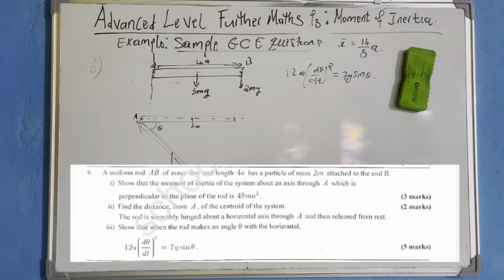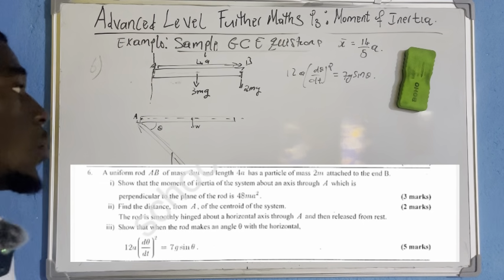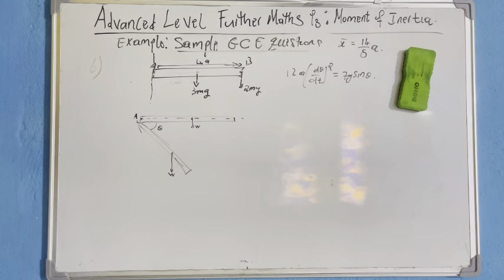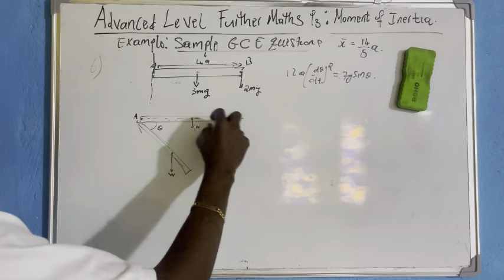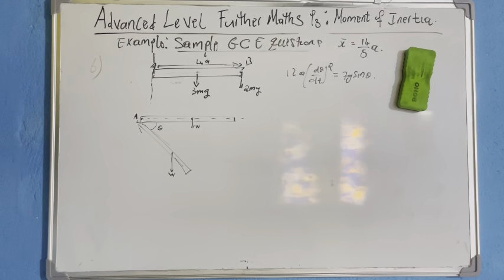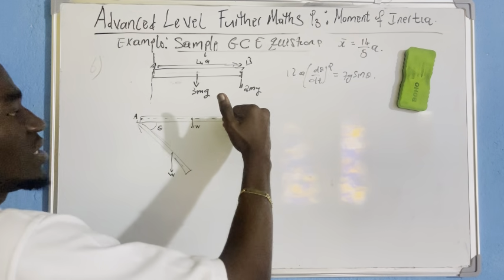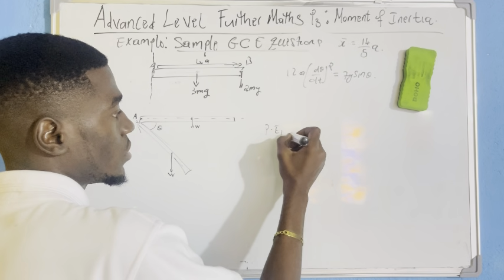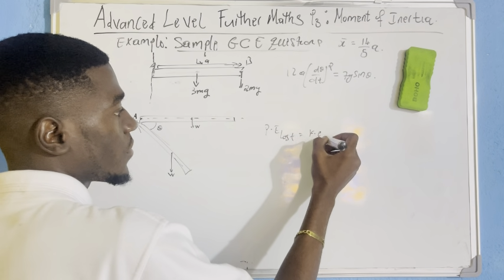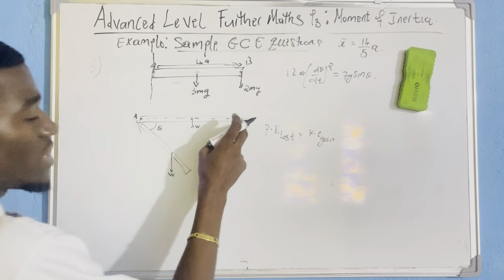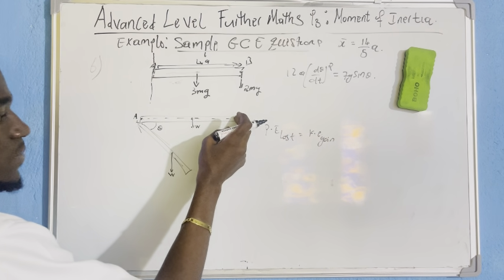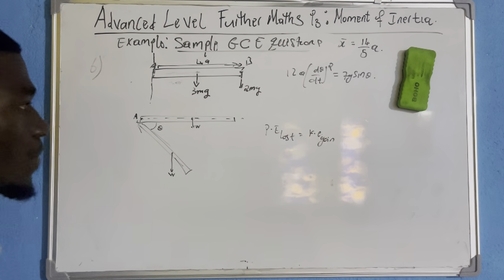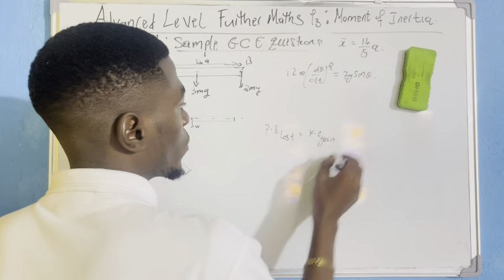As I said, the important recall I gave you is the laws that you are supposed to know, one of which was the law of conservation of energy. For this body to rotate, at the horizontal position the body possesses potential energy. Immediately I leave it, the potential energy changes to kinetic energy. So the loss in potential energy from the rest position is the gain in kinetic energy at this position. Are we understanding? So this is the law I will apply here to come up with a proof.